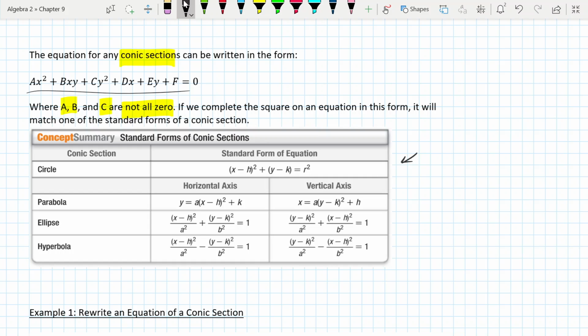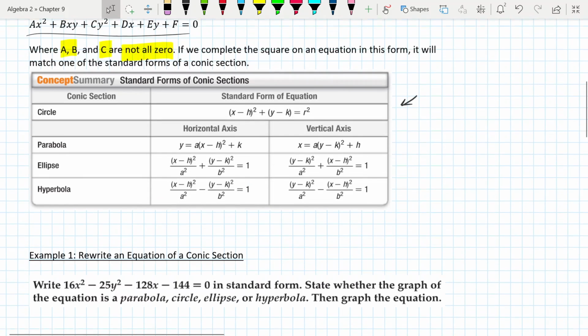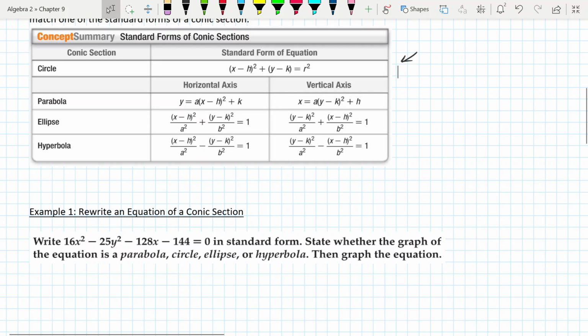So that's what we're going to start with. We're going to start with something that's in standard form for a conic section, or we're going to write it in general form. We're going to put it in its standard form, whichever conic section it is. Then we're going to identify it either as parabola, circle, ellipse, or hyperbola. And the last thing we're going to do is graph it. So